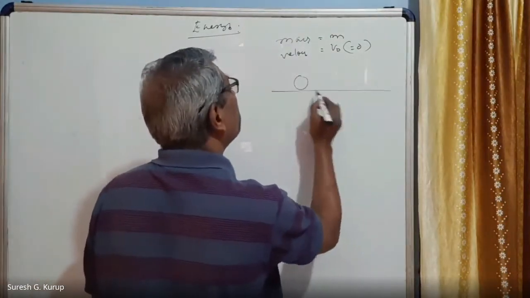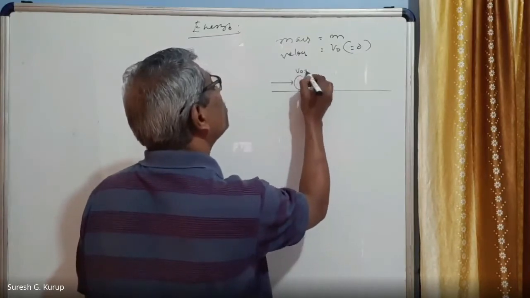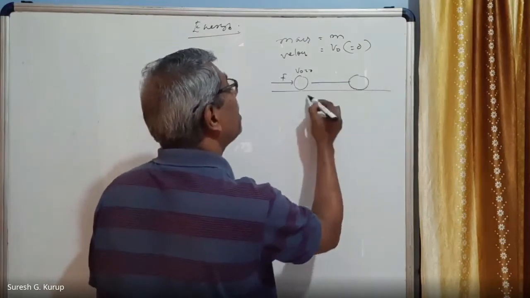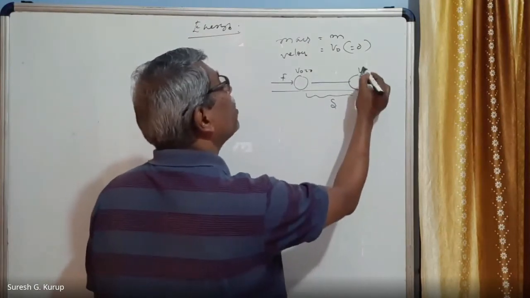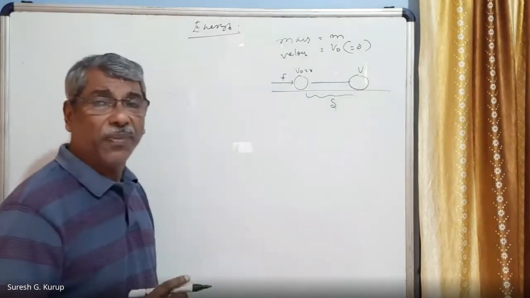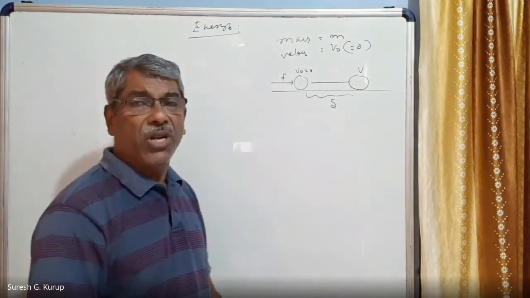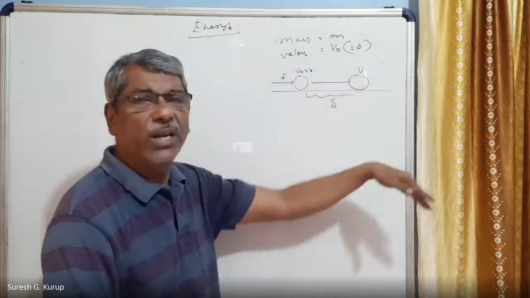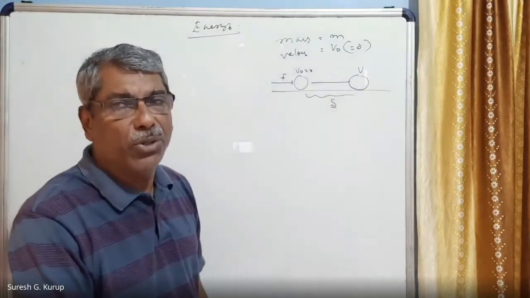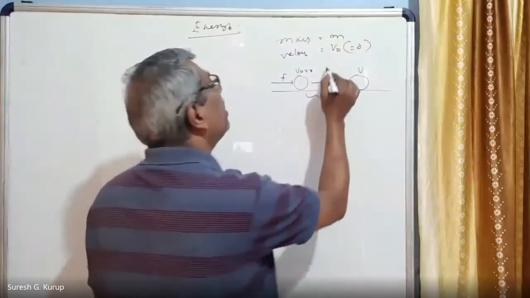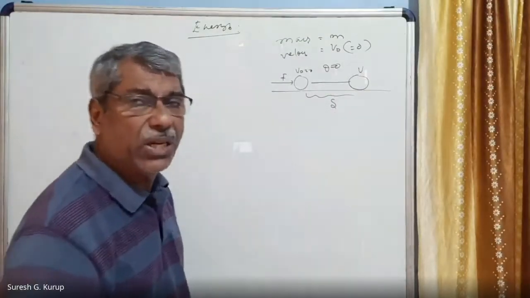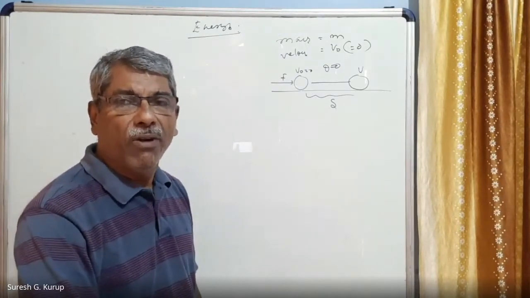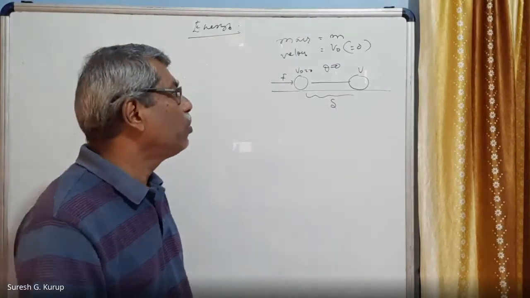The body is here, kept on the table, with v0 equal to 0. Now it is acted on by a force, so that it gets displaced through a displacement s, and now its velocity is equal to v. Due to what did its velocity change? Velocity changed due to the application of this constant force. The body moves in the same direction as the force, so theta is equal to 0. After a displacement of s meters, its velocity becomes v, as shown in the figure.